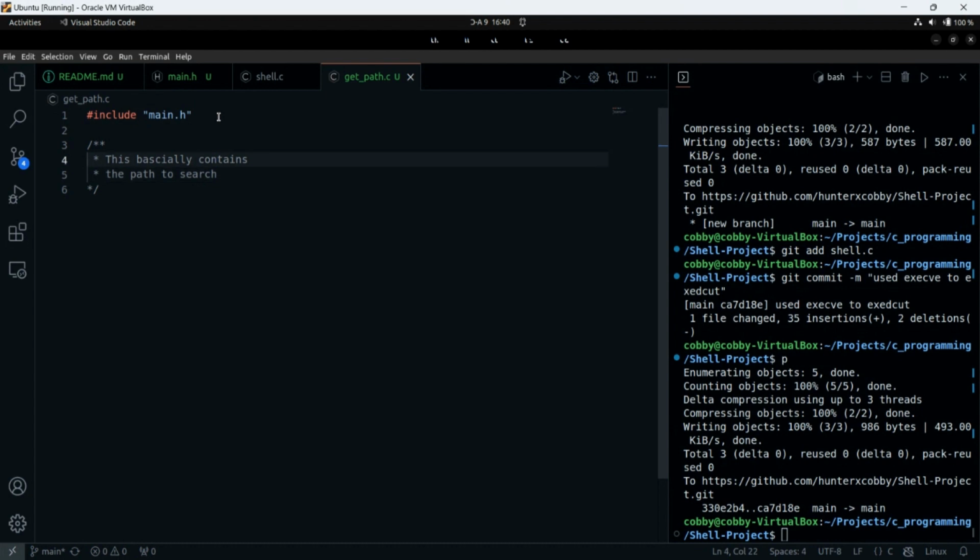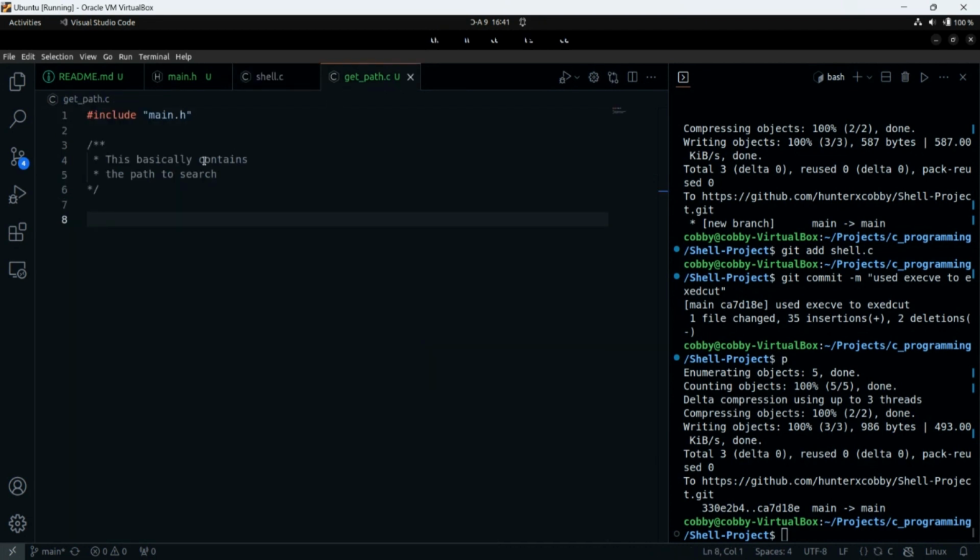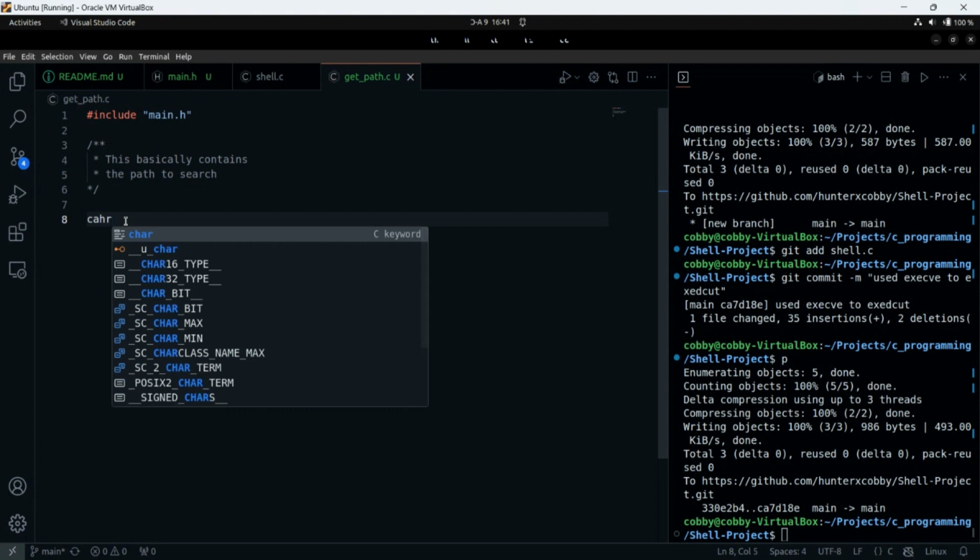So let's get this. This basically contains, you realize I like saying basically a lot. So what we want to do first: in our function declaration, what are we passing to it? We're passing the token to path check, which was a very nice implementation.